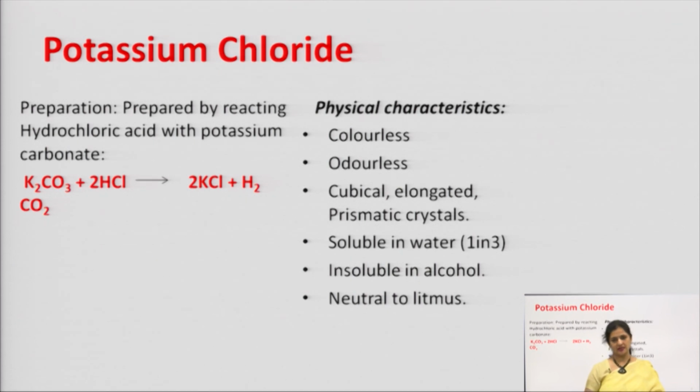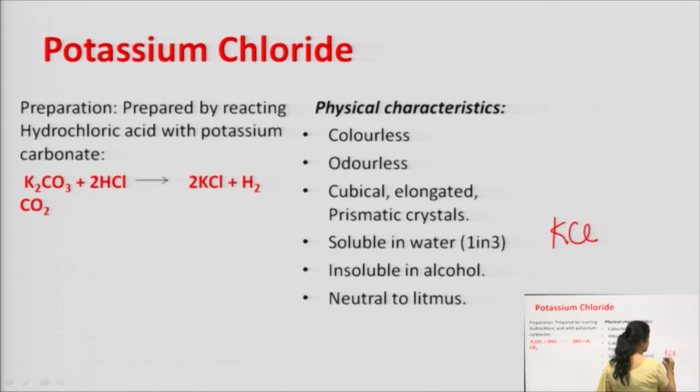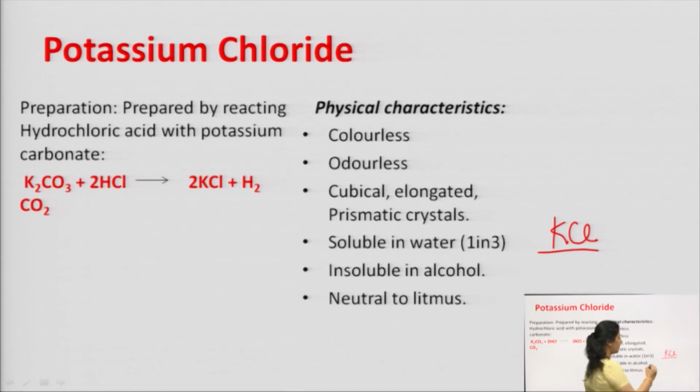So, proceeding with the same, I shall come to the next salt, that is potassium chloride. Earlier in the previous class we did sodium chloride. Now we have to study potassium chloride as per the syllabus. Potassium chloride is a salt made up of potassium as well as chloride, KCl. It has potassium ions as well as chloride anions.